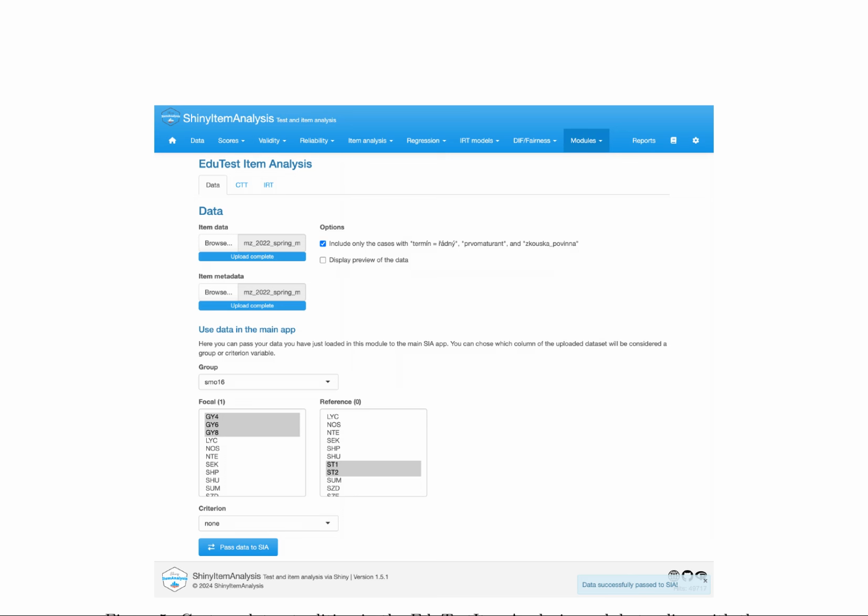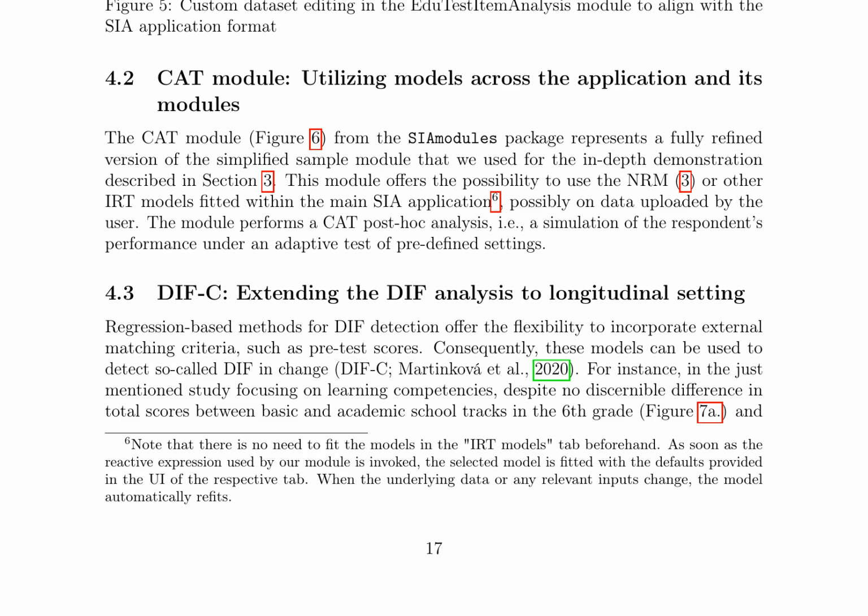Regression-based methods for DIF detection offer flexibility in incorporating external matching criteria, such as pretest scores. This enables the detection of DIF in change, DIFC, as demonstrated by Martinková et al., 2020. For example, in a study on learning competencies, despite no discernible difference in total scores between basic and academic school tracks in the 6th grade, the DIFC analysis can identify differences in learning growth between these tracks over time, as